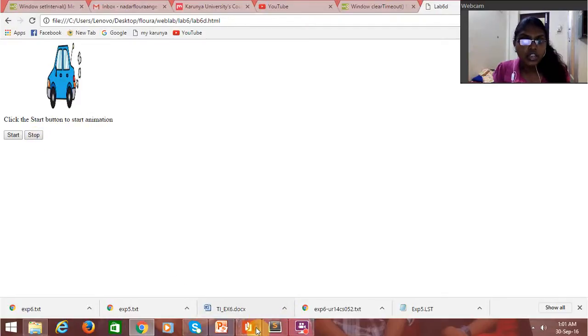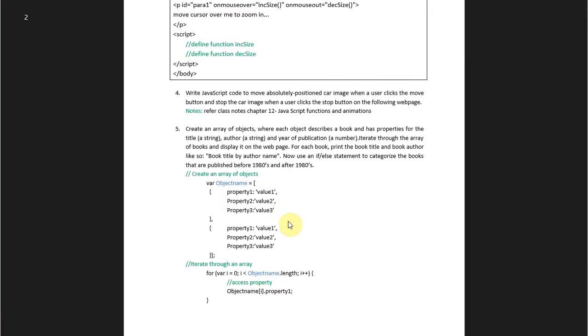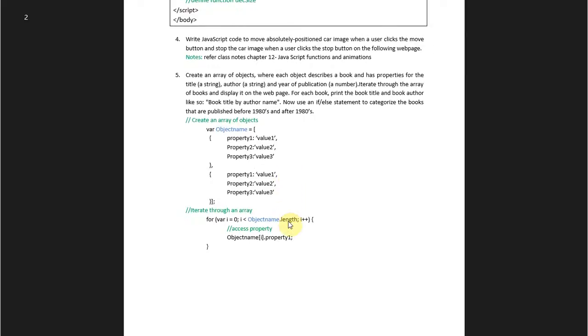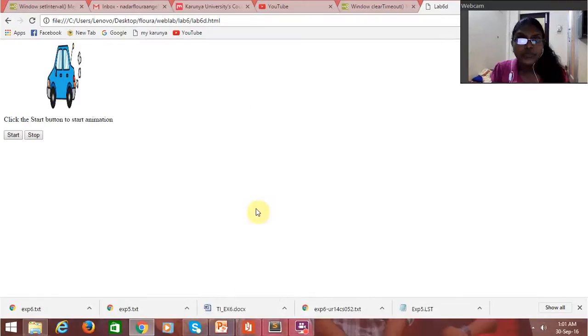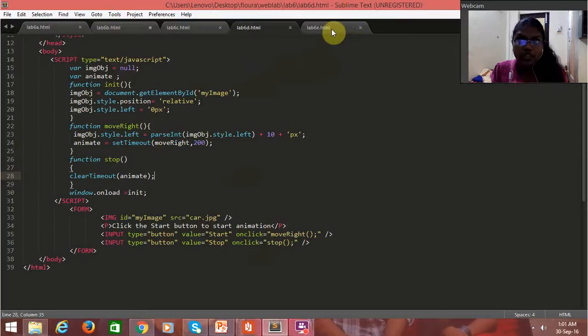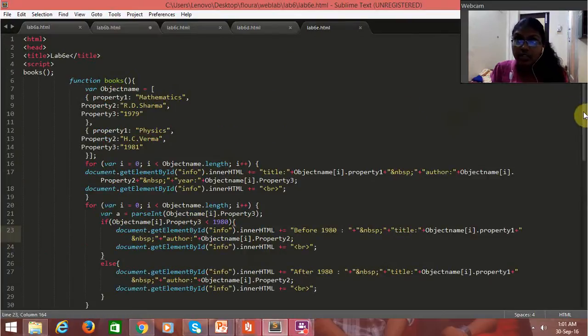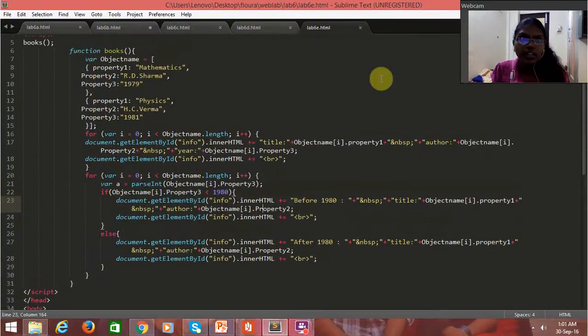Now the next question that we have is to create an array of objects where each object describes a book, with the properties of a book, and we have to retrieve the book title by author name, and whether it was published before 1980 or after 1980. So we're going to use JavaScript objects. Like any object, you declare the variable name, and then you have its attributes,